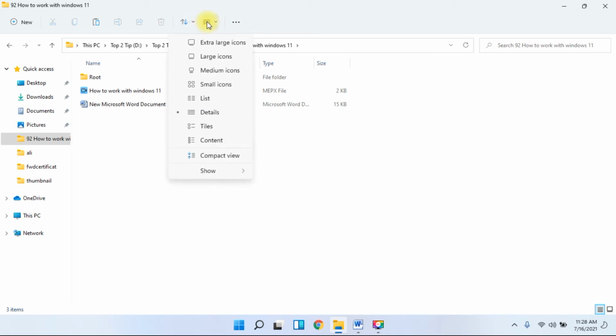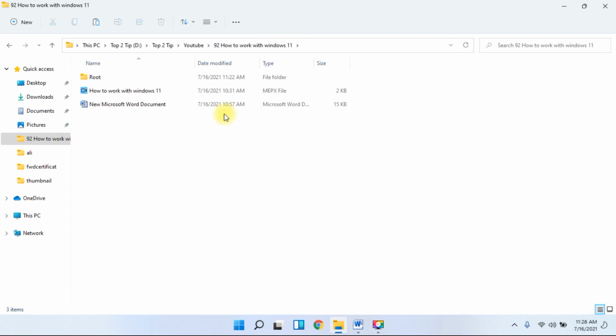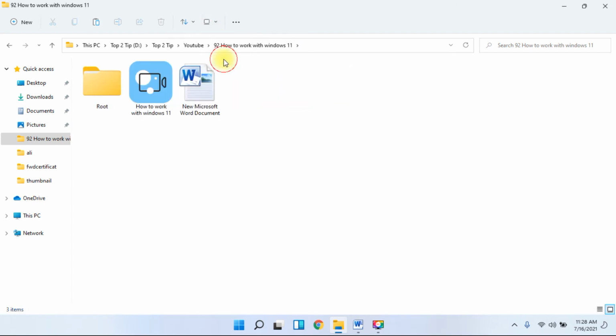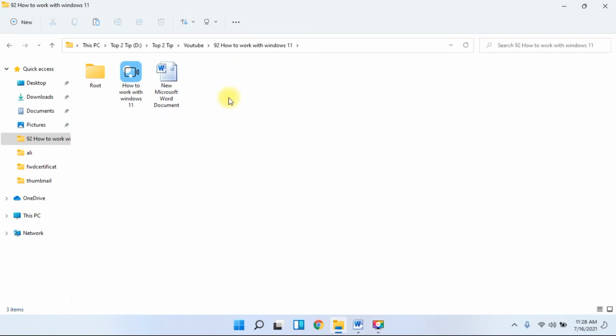The other one is view. Before we got these options in view, but here we get them as shortcuts: large icon, list, details view, large icon. You can select whichever icon you need. The other options like properties, we can see here.